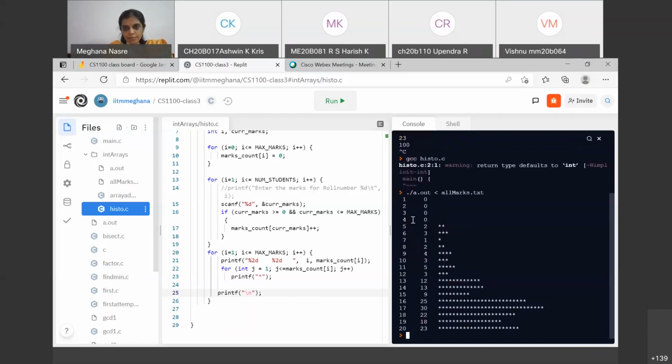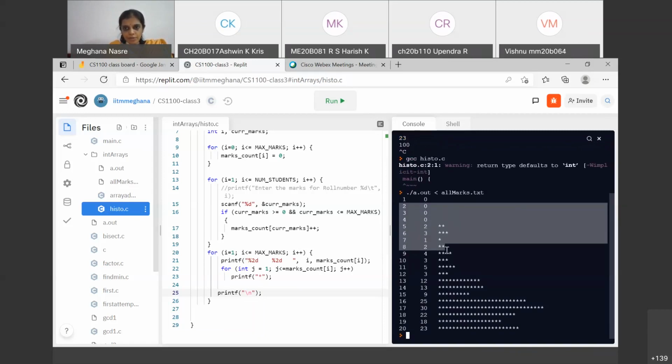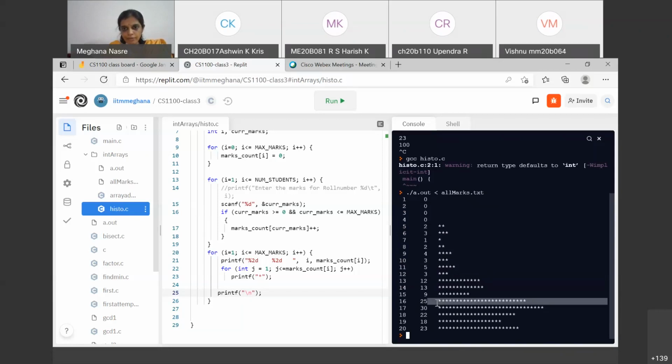And if you see, it prints out from 1 to 20. In fact, I should print out from 0 to 20, but at 0 there is nobody. So in fact till 0 to 4 there is nobody, and then from 5 there are some students. We hope that all of these students actually move to the downward part of this thing, and then you see that the maximum number of students have the maximum frequency at 17, where 30 students have obtained this.